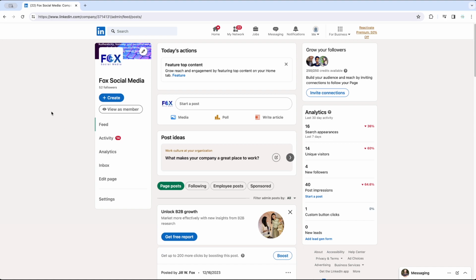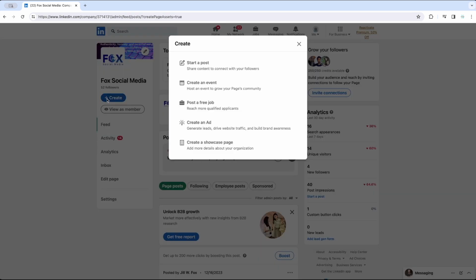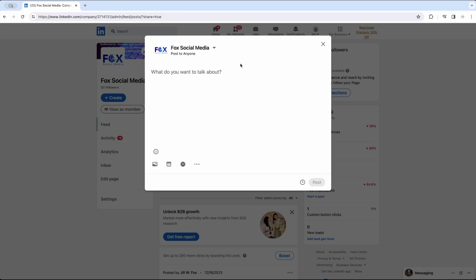And once it brings you over here, you're going to see a little button up here that says create. You could also start a post over here, but we're just going to click create. And you have a couple different type of options for your posts. You could create a showcase page, you create an ad, post a job, create an event, but we want to start a post here. And then from here, you can type in whatever you wanted,